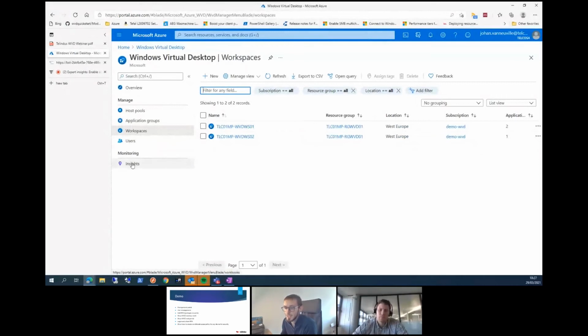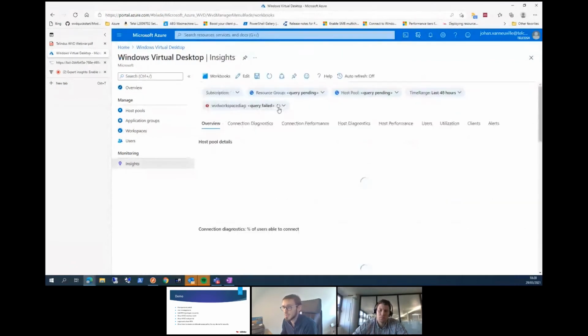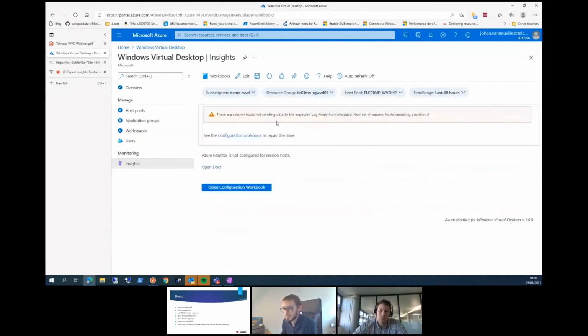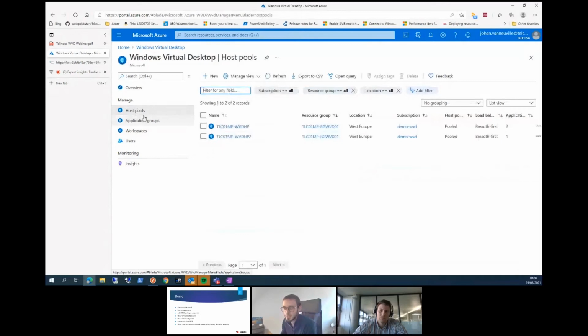And then also, it just went GA as well, the insights for Azure Monitor. So here you can see the performance of your host pool. If it all goes well, I hope. There we go. And as you can see, it's Murphy's Law, of course, because I just opened it an hour ago. But anyway,